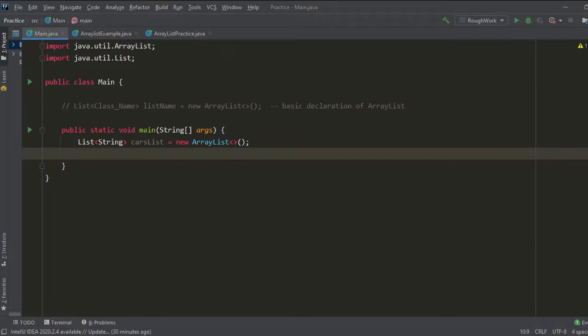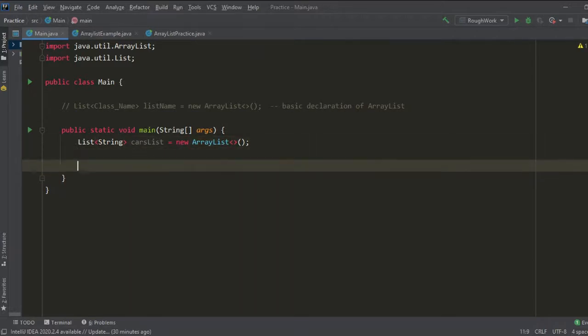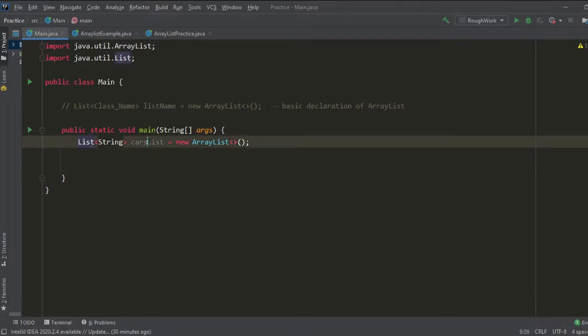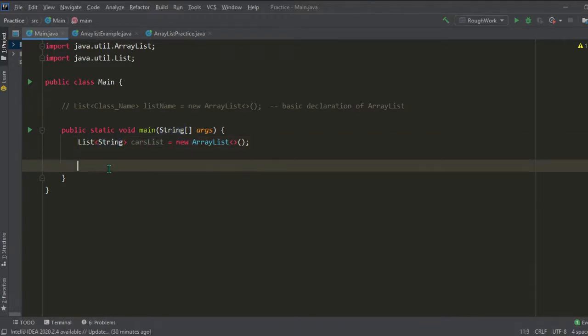So moving forward, as we have made a cars list, this is a list of type string, so it can store string values. This is the class name of it. We can make our own class and also store it here. We'll learn that in the next video.